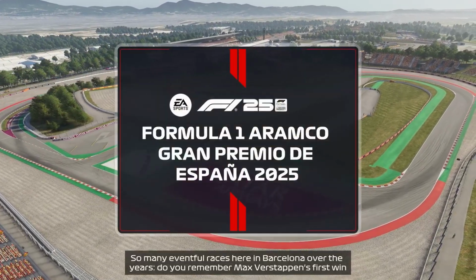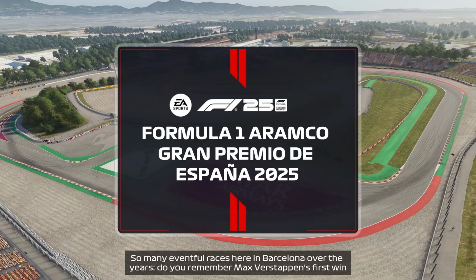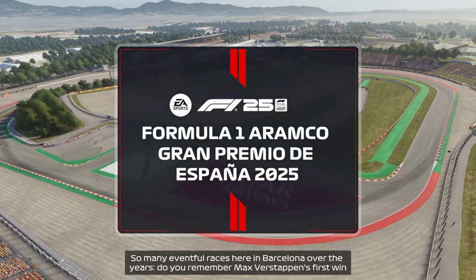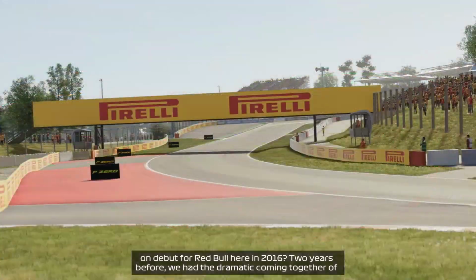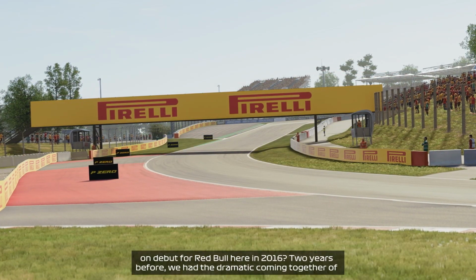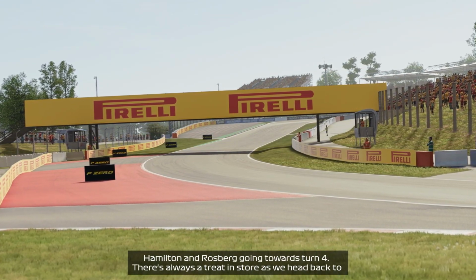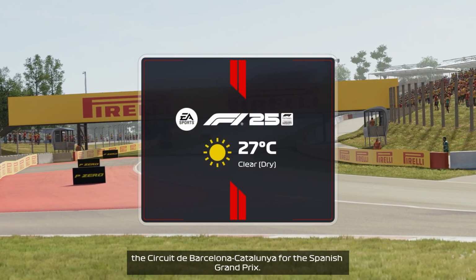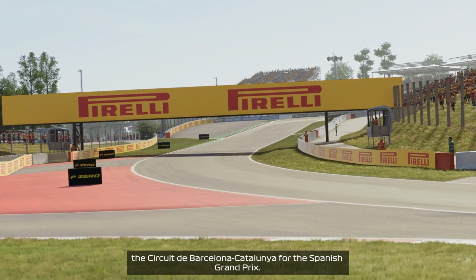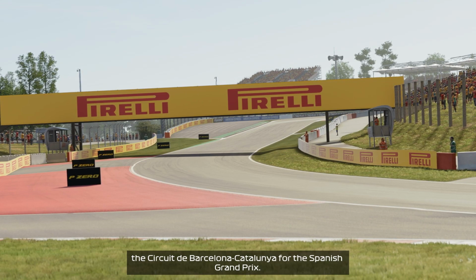So many eventful races here in Barcelona over the years. Do you remember Max Verstappen's first win on debut for Red Bull here in 2016? 2 years before, we had the dramatic coming together of Hamilton and Rosberg going towards turn 4. There's always a treat in store as we head back to the Circuit de Barcelona Catalunya for the Spanish Grand